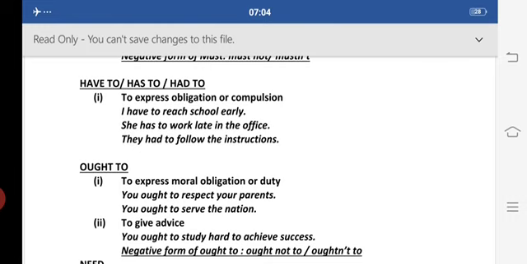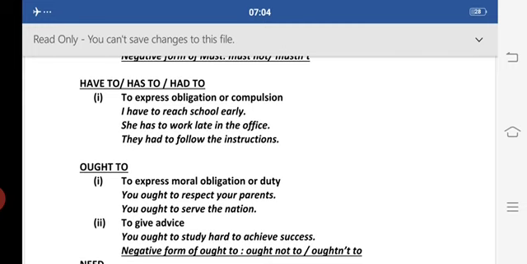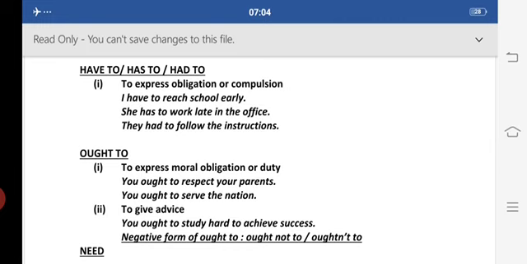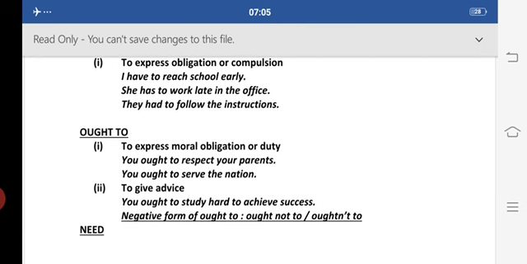Now we can see this, if I am saying that you must spend some time with your parents, it means I want you to do this. Have to is showing a kind of external compulsion which I want you to do, right? So some of the students get confused between the use of must and have to. Have to is more informal, while must is mostly used in written orders or instructions. Must expresses obligation imposed by the speaker, meaning he wants us to do something he is saying, while have to is showing external compulsion.